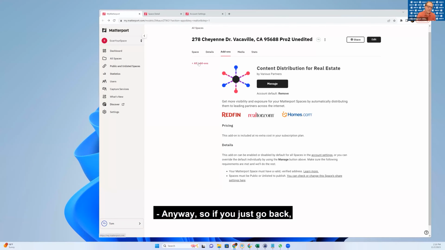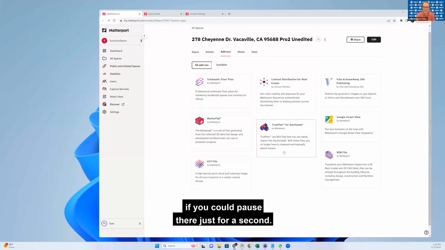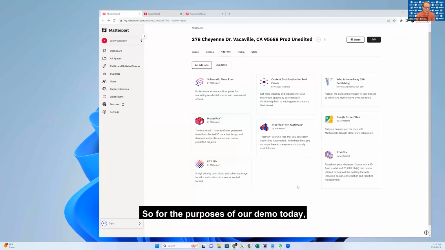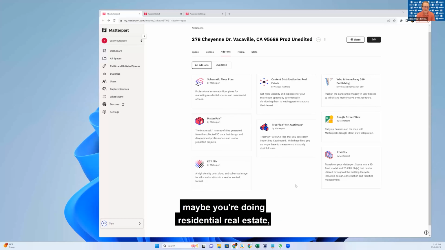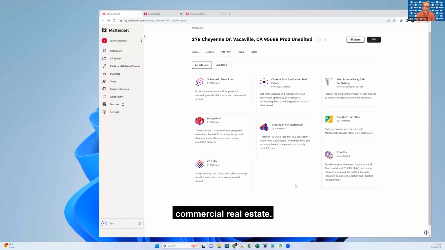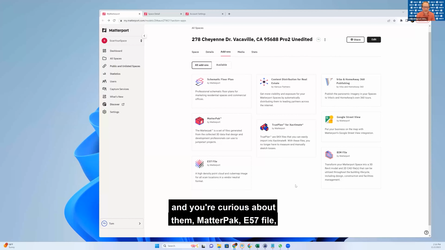Anyway, so if you just go back, if you pause there just for a second. So for the purposes of our demo today, we're really assuming that you're new to a Matterport Pro2, Pro3 camera. Maybe you're doing residential real estate, commercial real estate. So if you see some of these other terms and you're curious about them, Matter Pack, E57 file, True Plan